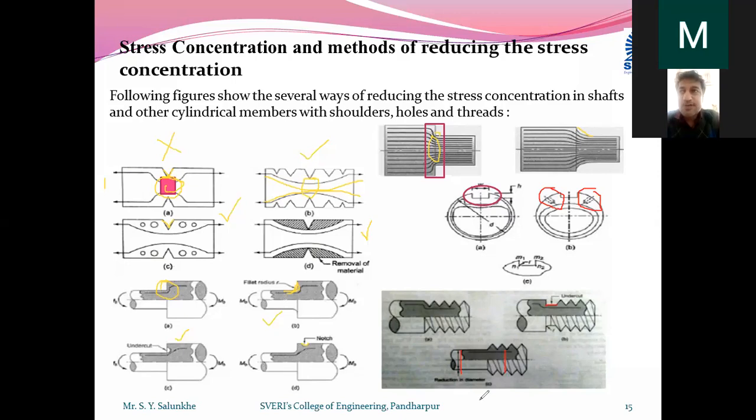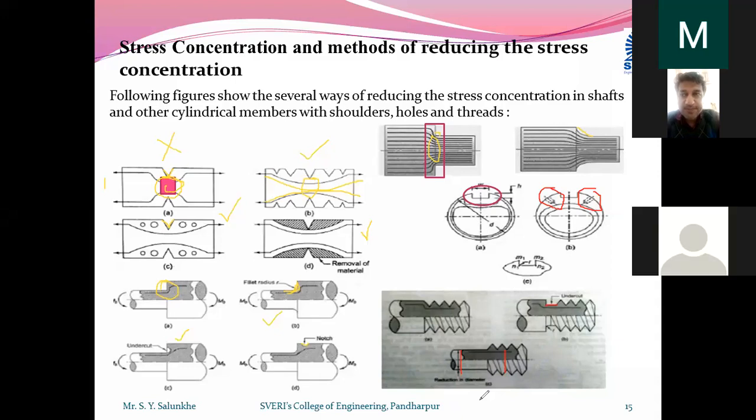Now there are possibilities that stress concentration may take place where you mark the stamp of your company on any component, where a sudden change in area is going to take place, where geometrical irregularities are there. These are some examples by means of which we can reduce the stress concentration.